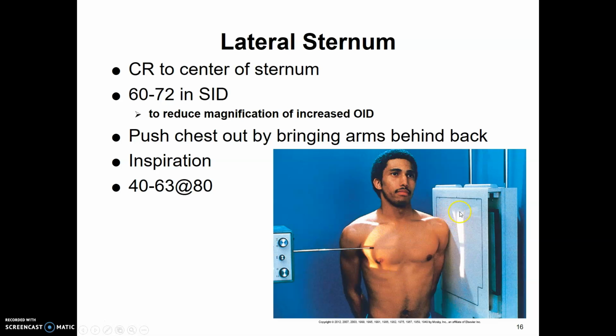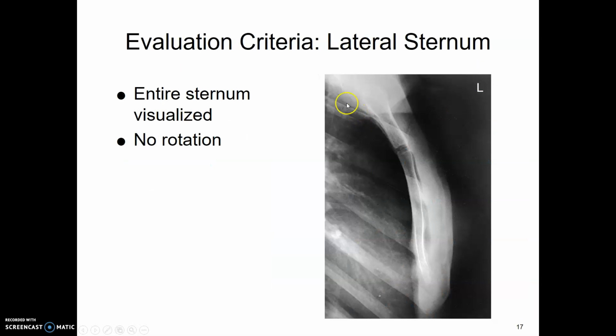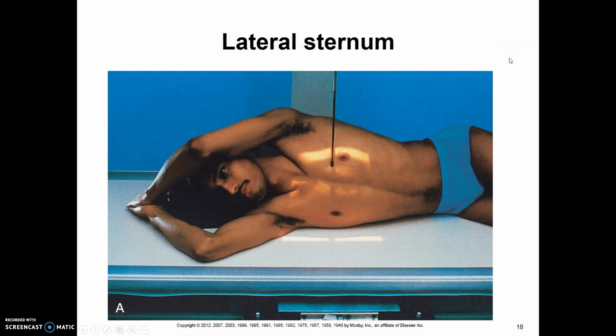And I always go by the shadow of light here. I find jugular notch, and I put my light field above it and look for the shadow of light on the imaging receptor. This is what a really pretty one looks like. No rotation, superimposed. You can do it supine like this,